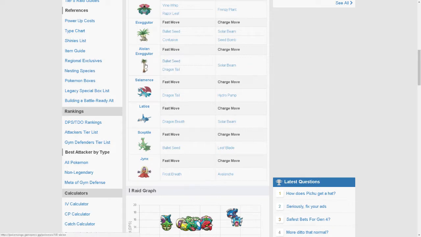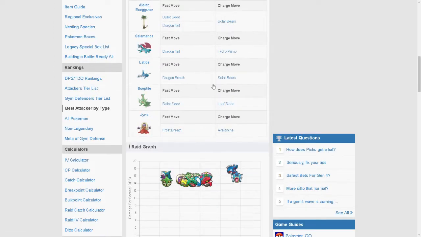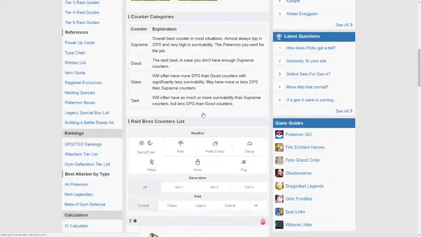Alolan Exeggutor is interesting, but stay away from Play Rough. I completely forgot about Alolan Exeggutor against a Play Rough Donphan. It's not a smart idea, so if you do have a lot of Alolan Exeggutors, you can use them, just keep that in mind. Salamence, Play Rough. Yeah, be very, very careful of Play Rough for these two right here. Dragon Breath, Solar Beam for Latios. Bullet Seed, Leaf Blade for Sceptile. The standard moveset for Sceptile is Fury Cutter, Leaf Blade, but I believe Ground resist